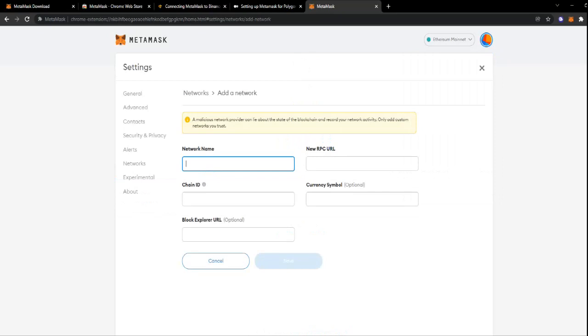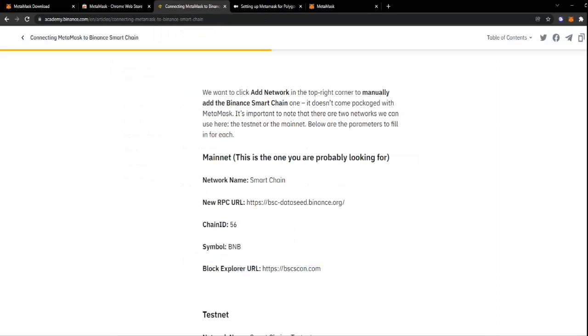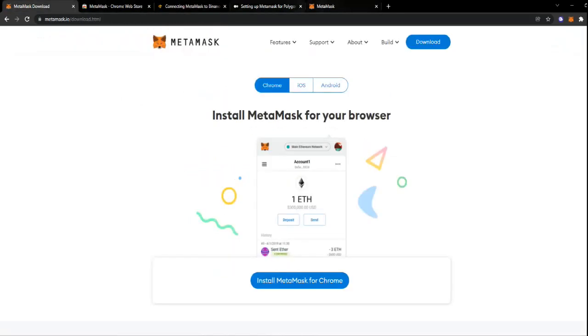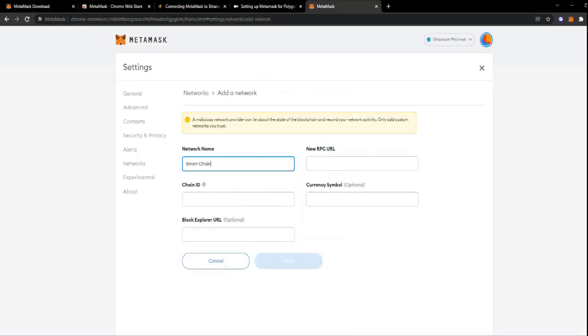We click on Add New Network, and it asks for the network name, the new RPC URL, the chain ID, the currency symbol, and the block explorer URL. So firstly, I'm going to add the Binance. So I'll put these links in the description, but you can Google them and find them in different sources. But this is the Binance Smart Chain network name. So we just want to copy this, go back to your MetaMask, put it in there,